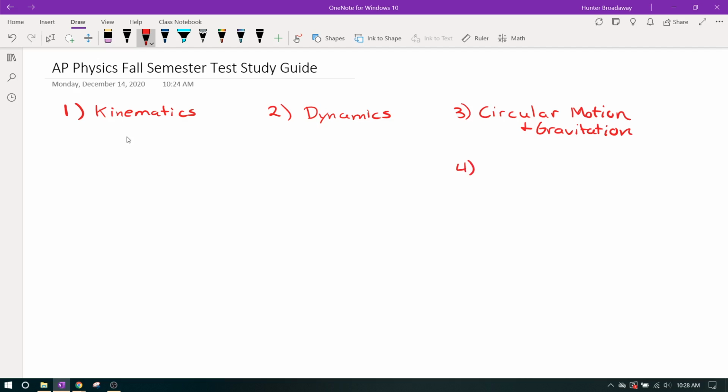And the fourth thing that we basically just started covering is energy and work, which means there won't be a whole lot of questions on there dealing with that, but I'll probably tack a couple of them on there. All right, so